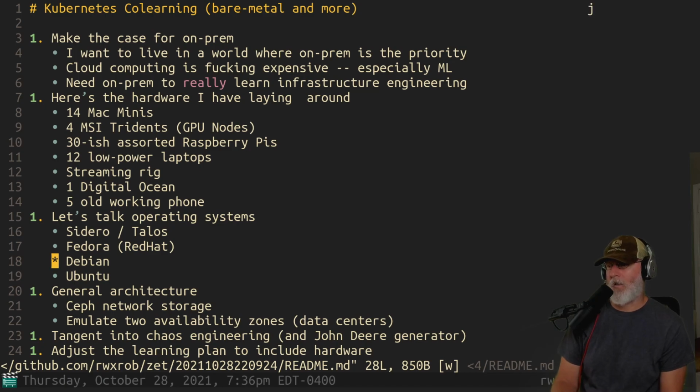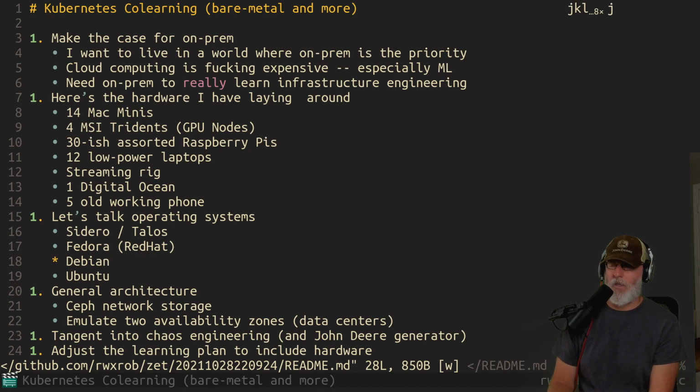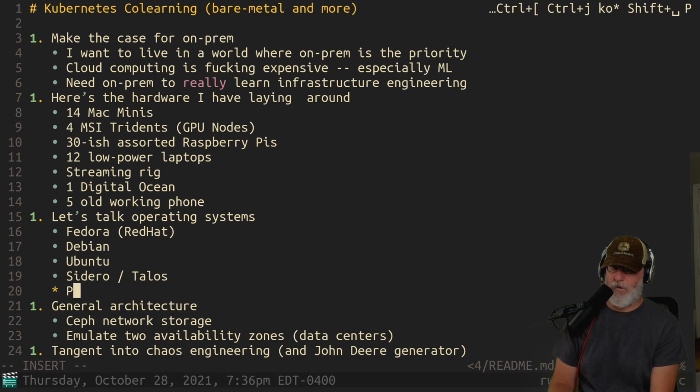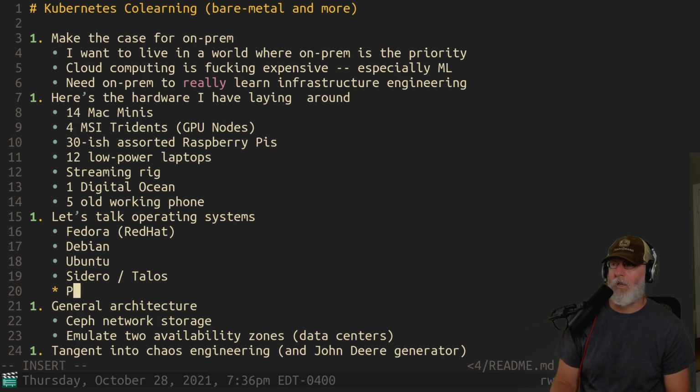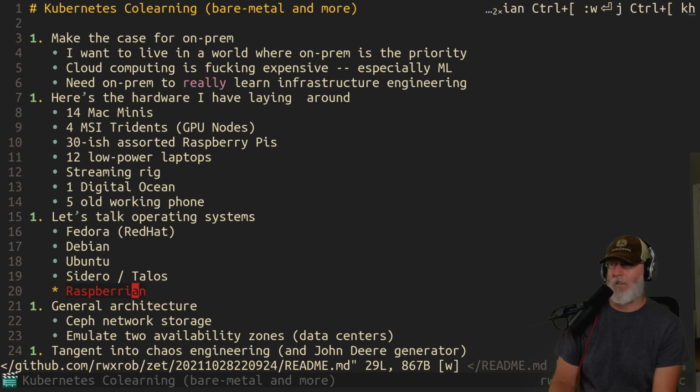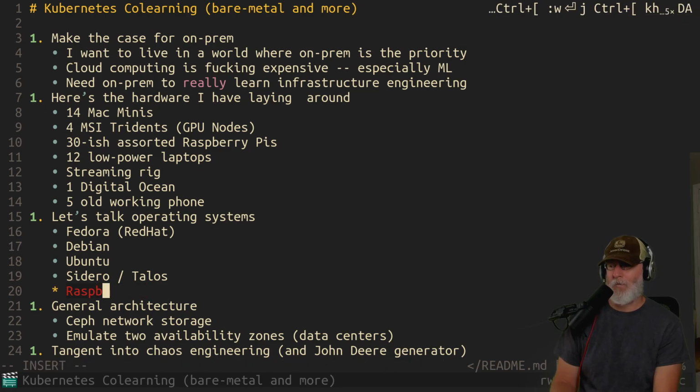I think Fedora is probably fine. And then Ubuntu, Debian, that kind of thing. I actually probably want to have both of those. Talos will have that. We obviously have to have, what is it? I forget the name of it. The Raspberry Pi one. I just want to use the standard Raspberry Pi image. The standard Raspberry Pi, Raspbian. Yeah. Raspbian. I spell it right. It's Raspbian.